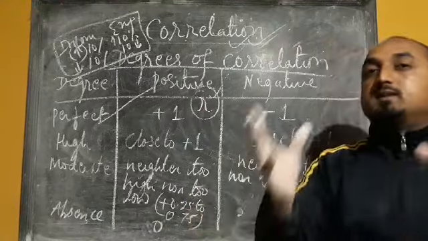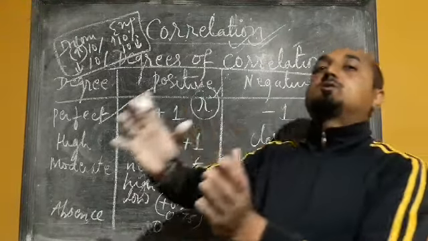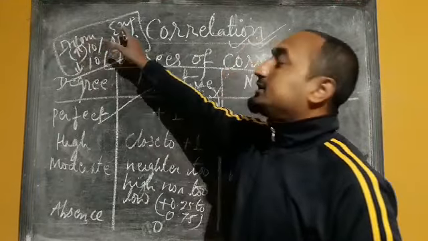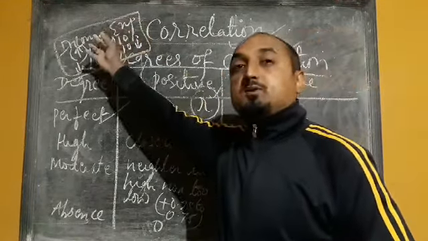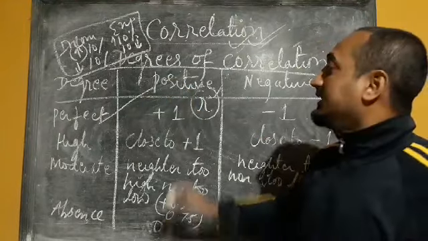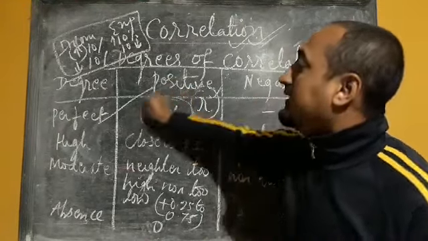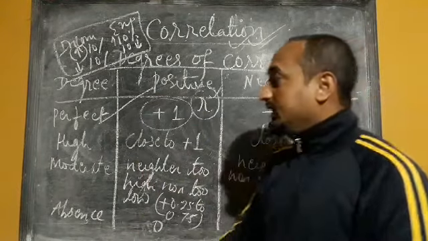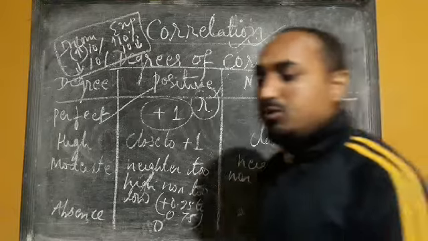Okay, if one is changing by 10%, other will also change by 10%. So when income is increasing by 10%, your expenditure is also increasing by 10%. So this comes under positive correlation. And if there is a perfect positive correlation, the value of r will be +1. Okay, the value of r will be +1. Now next we will move to the